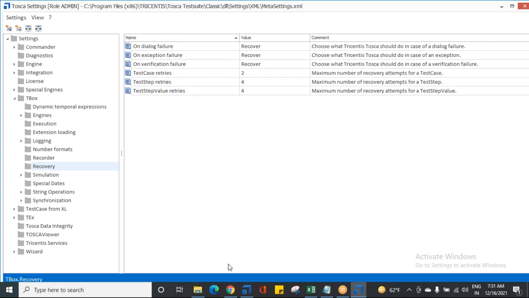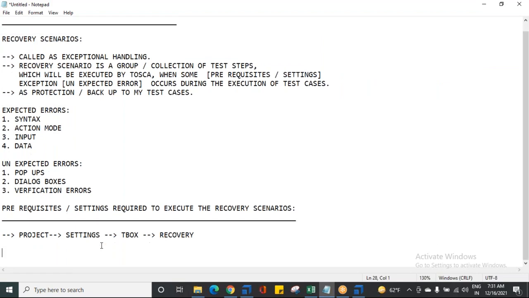Right? Are you getting my point, guys? Is it clear? So what we are going to do after going to the settings? Set the value to recover at all errors to make sure our recovery scenarios